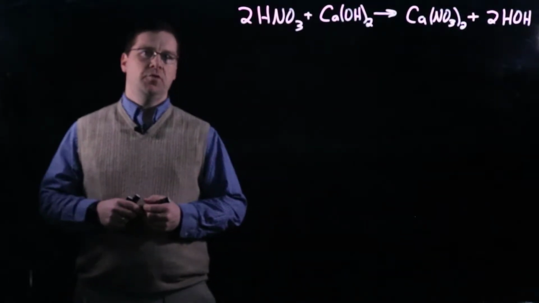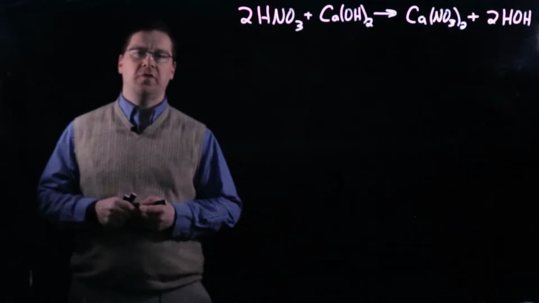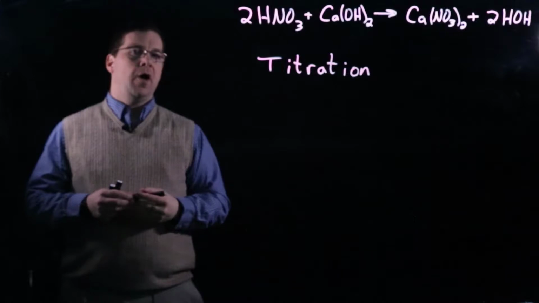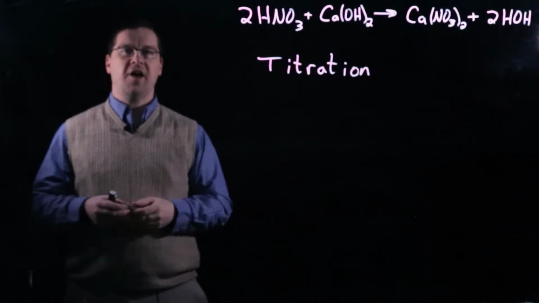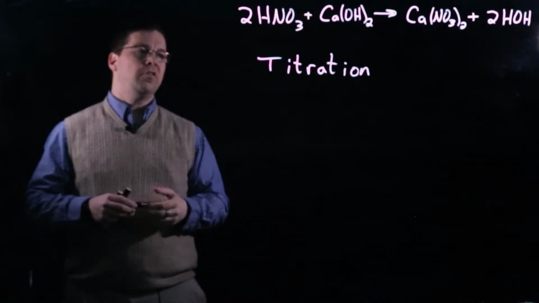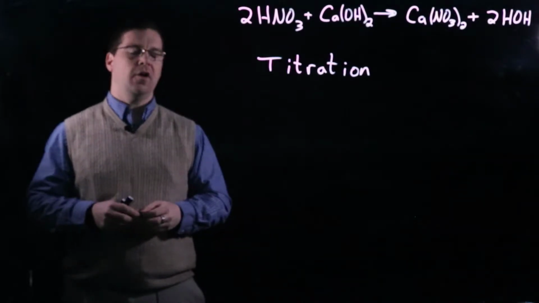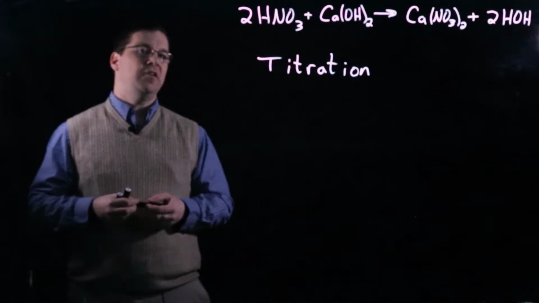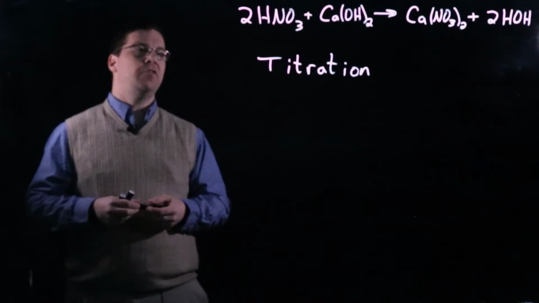So one type of solution stoichiometry problem that we have is called titration problems. Now, titration problems can be used to help determine the solution stoichiometry if we're talking about a precipitation reaction, like in the previous example that we looked at, or what's called an acid-base neutralization reaction, or an oxidation reduction reaction. In this instance, we're going to look at an acid-base neutralization reaction, and what we're going to do is to,